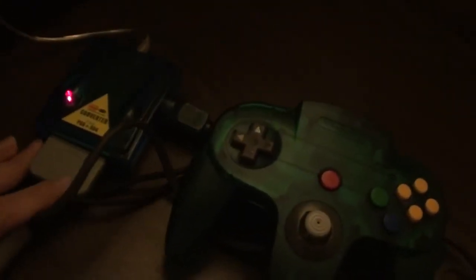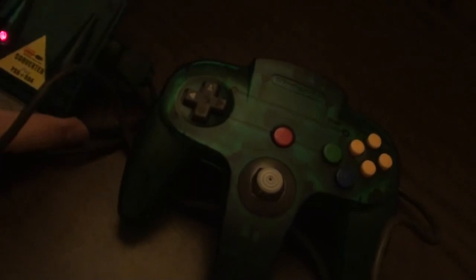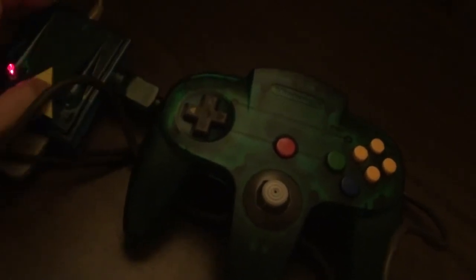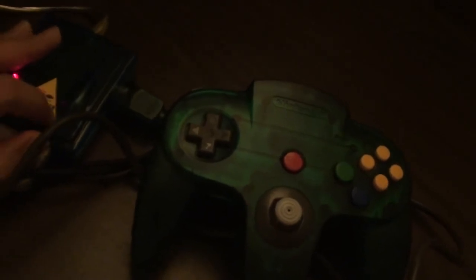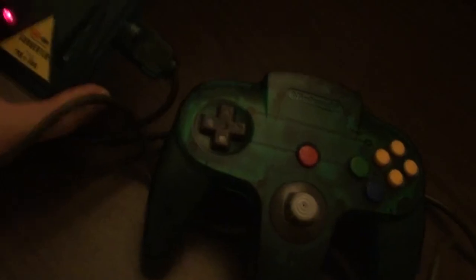You may actually have to use the real system because there is no... I don't know, maybe there is an interface method with a PC microphone, but I don't believe that the original Nintendo 64 microphone will work with this device, or I don't know if there is a device commercially produced that will work. There's always a way to do it, to wire and make one of these yourself, which will be getting